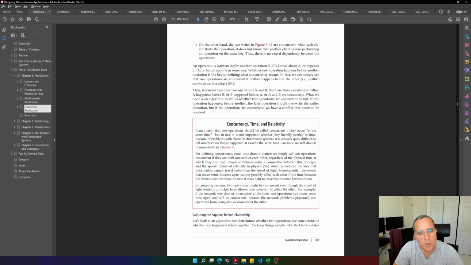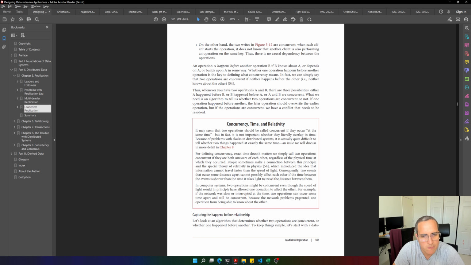Because of the problem with clocks in distributed systems, it's actually quite difficult to tell whether two things happened at exactly the same time, and this will be discussed in more detail in chapter 8. For defining concurrency, exact time doesn't matter. We simply call two operations concurrent if they are both unaware of each other, regardless of the physical time at